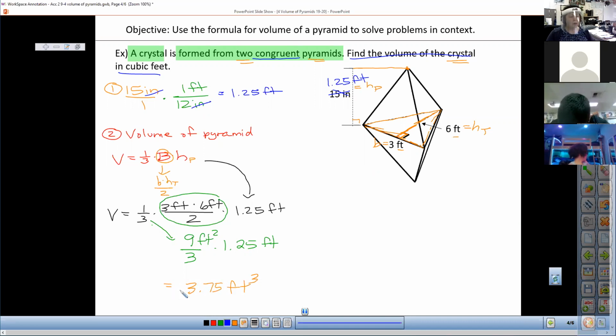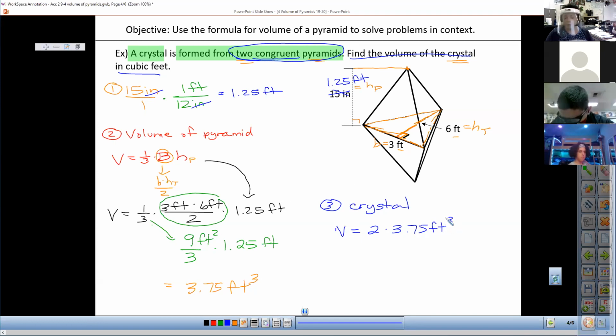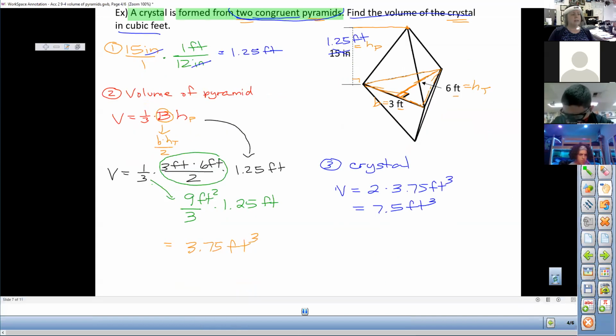All right, so now you got to remember that was just the volume of one of the pyramids, maybe like the top part of the crystal. So now our crystal's volume, remember, is the 2 pyramids together. So that means we're going to take 2 times that 3.75 feet to the 3rd power, and we get 7.5 cubic feet. So there's our crystal's volume. And that's then what we base our sentence conclusion off of. So the volume of the crystal